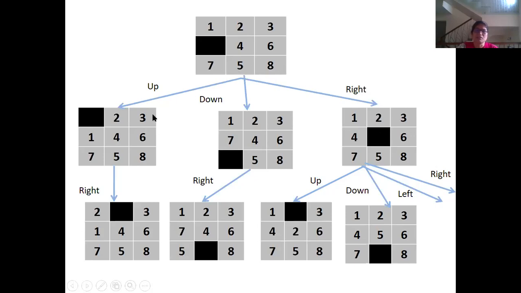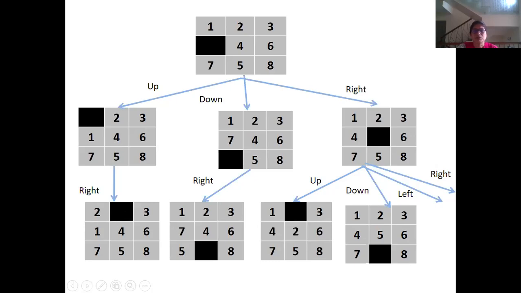So from the initial state, your initial state is expanded to 3 new states depending on the move made by the black square. Moving upward will be this state, moving it downward will give rise to this new state, and right will be this new state. I'm sure you all are getting it. Now, this is breadth first search because we are expanding the whole first level and then we'll be expanding another level.